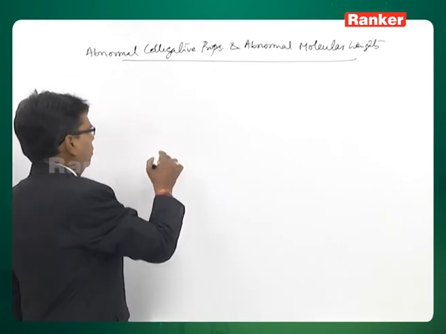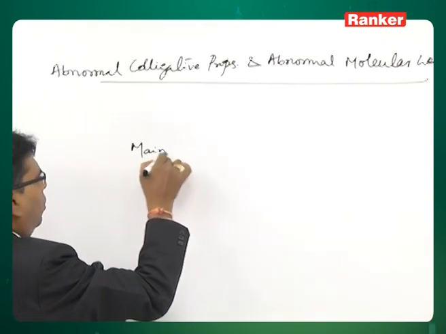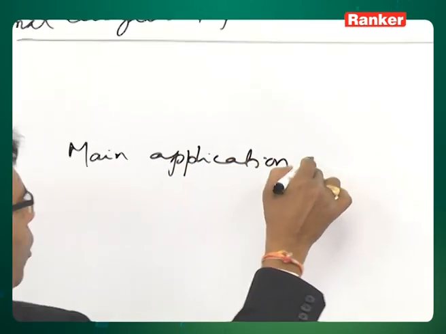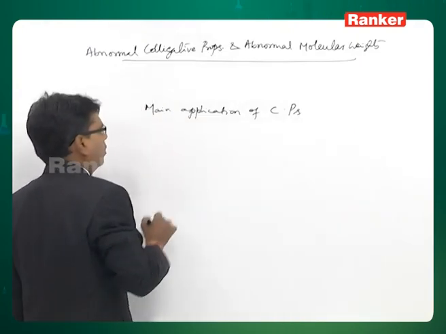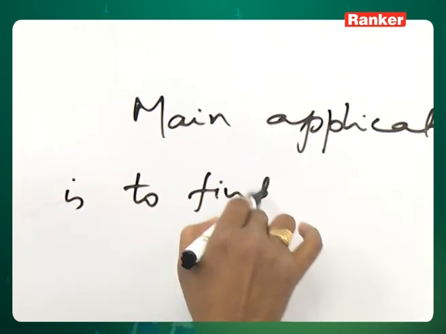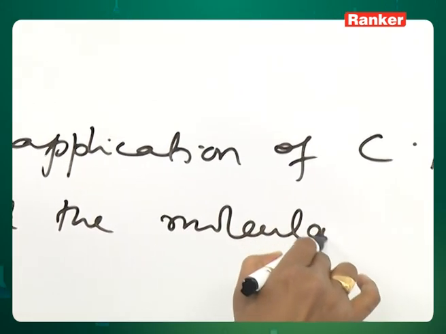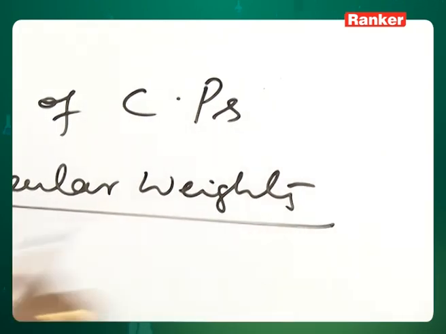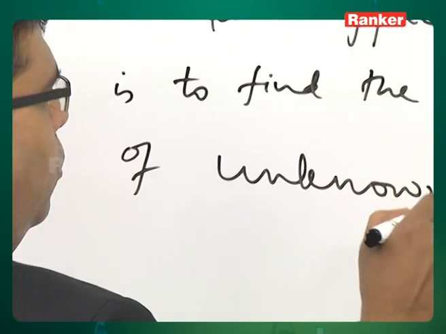very purpose of colligative properties, the main application of colligative properties, is to find the molecular weights of unknown solute,